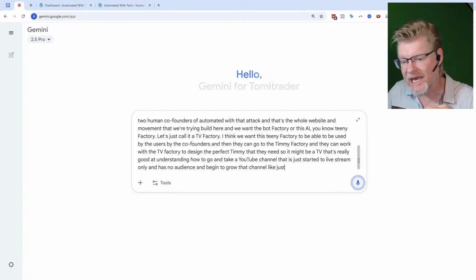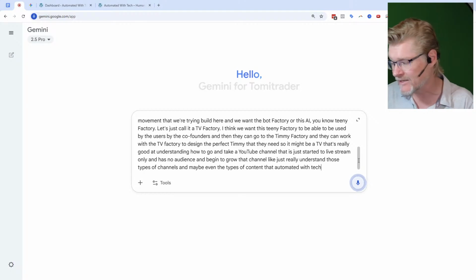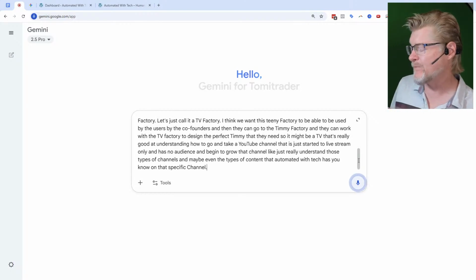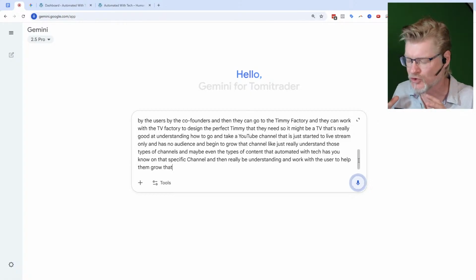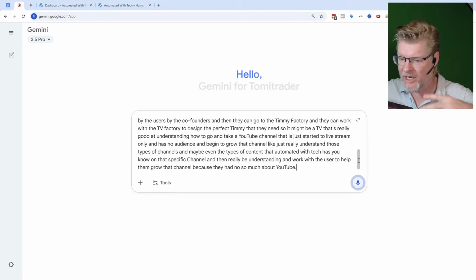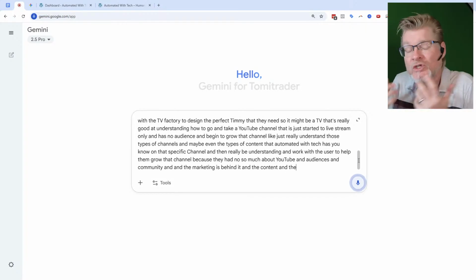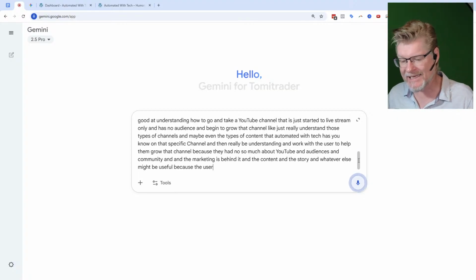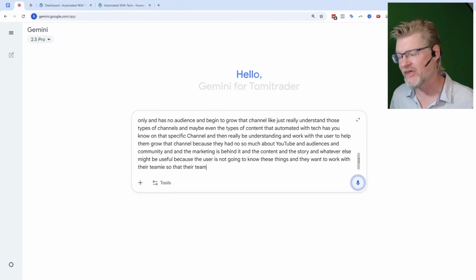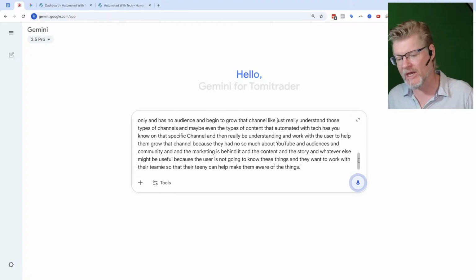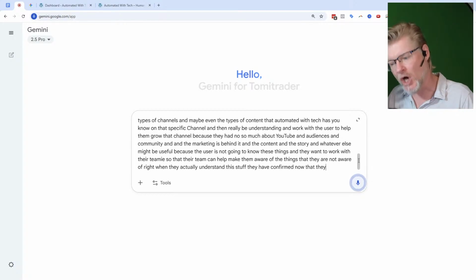Like, just really understand those types of channels and maybe even the types of content that AutomatedWith.tech has on that specific channel. And then really understand and work with the user to help them grow that channel, because they know so much about YouTube and audiences and community and the marketing that's behind it and the content and the story and whatever else might be useful, because the user's not going to know these things, and they want to work with their Teamie so that their Teamie can help make them aware of the things that they are not aware of. Right? When they actually understand this stuff, they have confirmed now that they actually have that knowledge, then